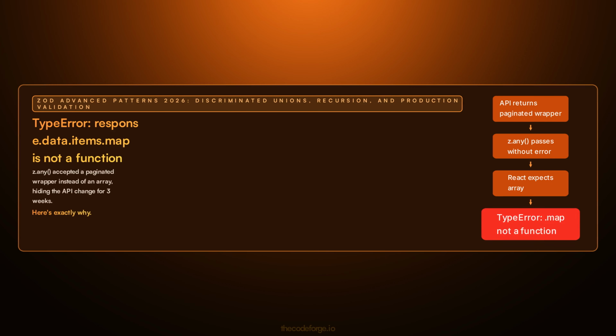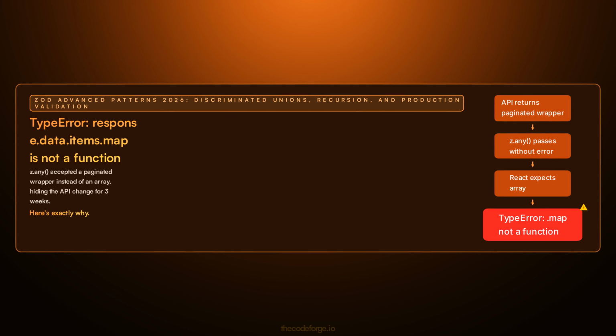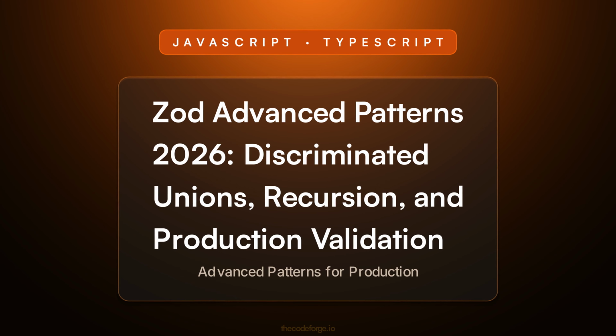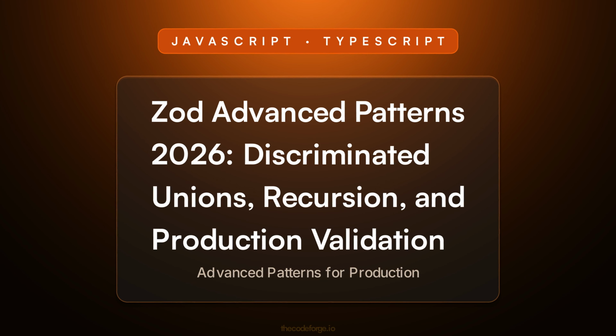TypeError, response.data.items.map is not a function. That crash hit production after a 3-week silent schema change, all because of z.any. Let's break down Zod Advanced Patterns 2026: Discriminated Unions, Recursion, and Production Validation, how it works, and the exact mistake